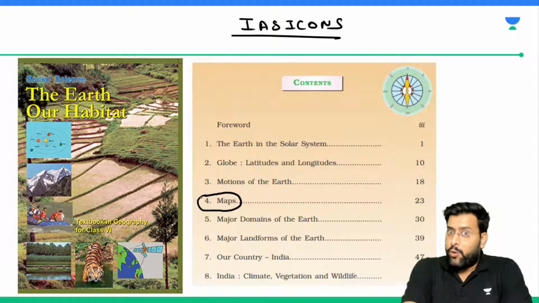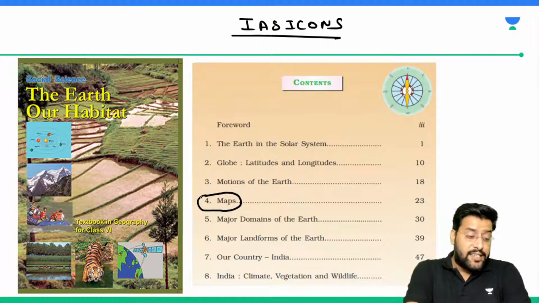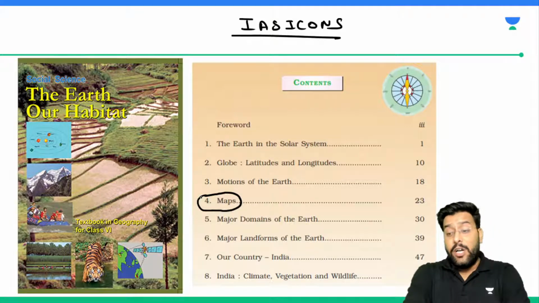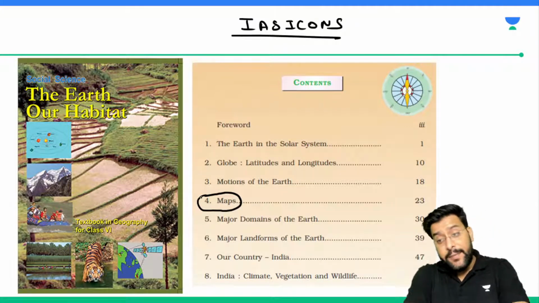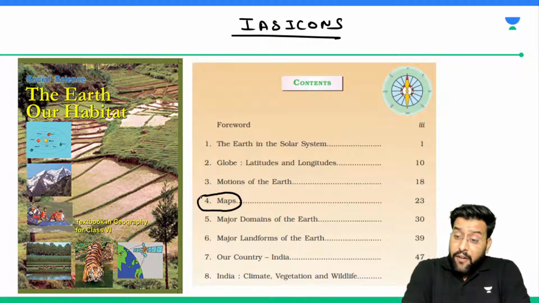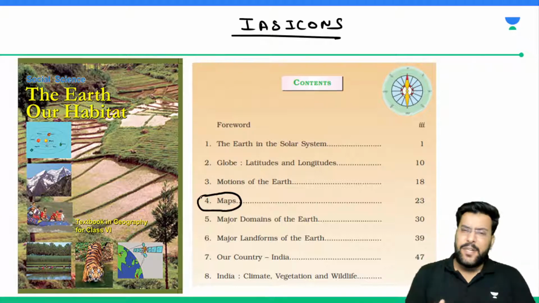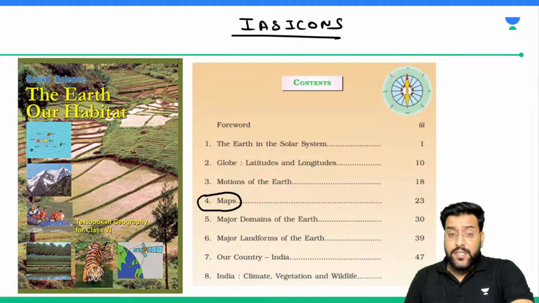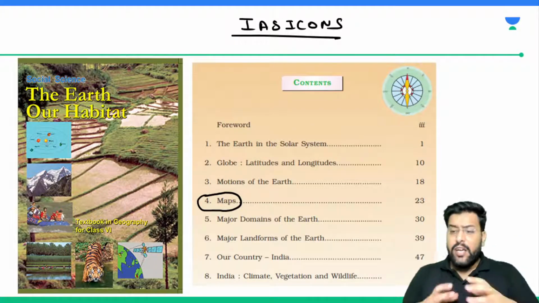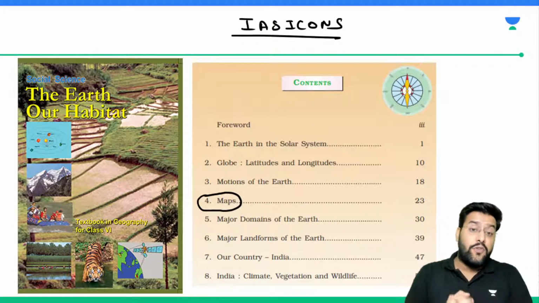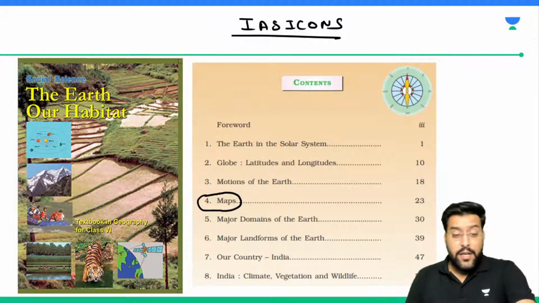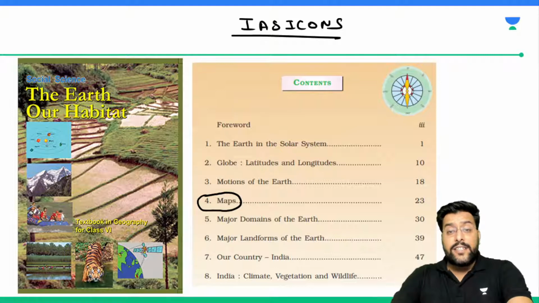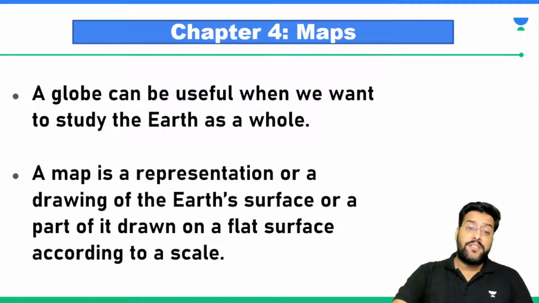We talked about the globe. We see continents and oceans of the world on the globe. Then we see similar things on a map. Then we have various types of maps. So this is a very small chapter, and for the majority of things that we'll discuss here, you will already have the idea. Still, since it's part of the syllabus, we have no other option, we have to cover it. So we will be discussing what a map is and how things go. So chapter 4 is maps.